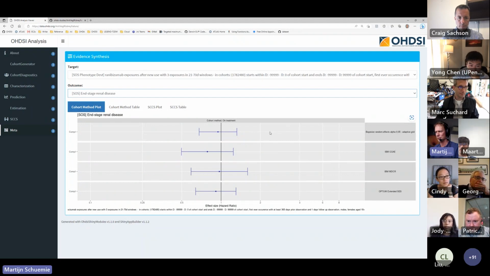the overall meta-analysis result, in that these are all calibrated estimates. So these per-database estimates were calibrated using the estimates for the negative controls at each database, at each site. But then those negative controls' estimates were meta-analyzed and then used to basically fit a new systematic error distribution, which was used to calibrate this overall summary estimate. So it sometimes can be a little bit hard to understand how the meta-analytic estimate was derived from the individual